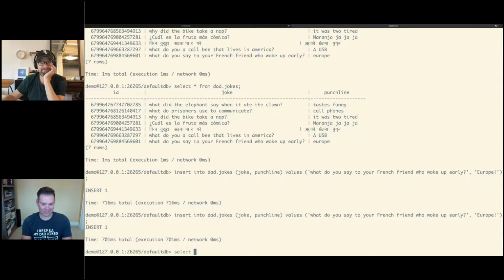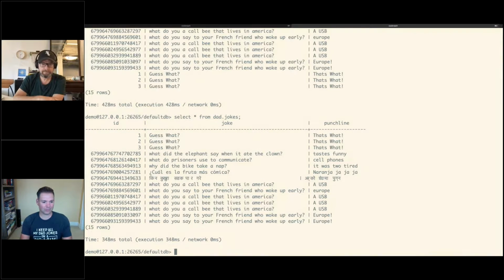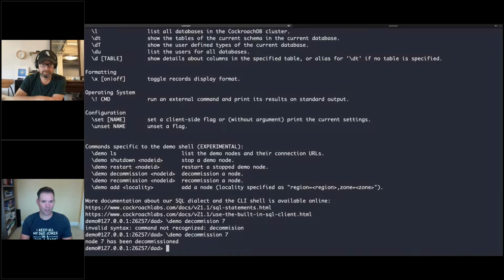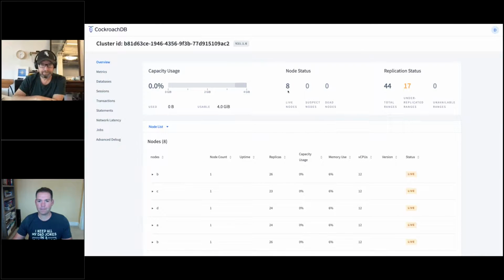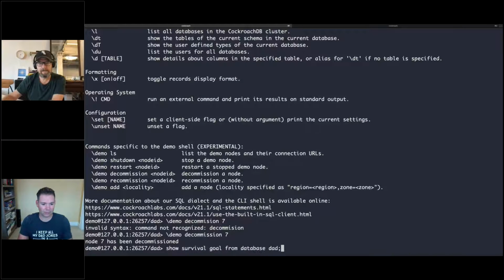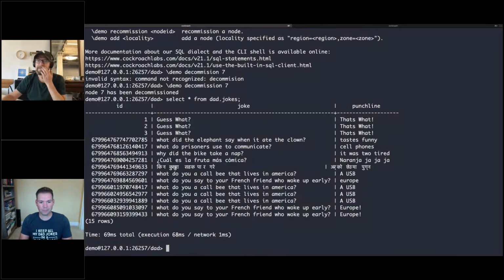Yeah, I know. So you'll see here, I'm connected to node 7 here, but this is going to decommission that node shortly, and we'll see it in the UI. Right there. Yep. See, now I'm down to only 8 live nodes. Cockroach recognizes this. It says, oh, I have replicas that are under-replicated. It's going to up-replicate them for you so that you have more resiliency. But you just did a node outage, and again, you can still run your workload, and it still works.